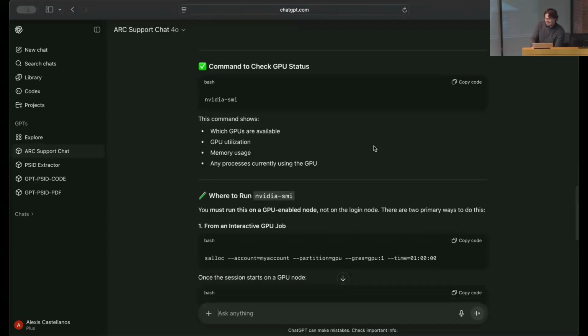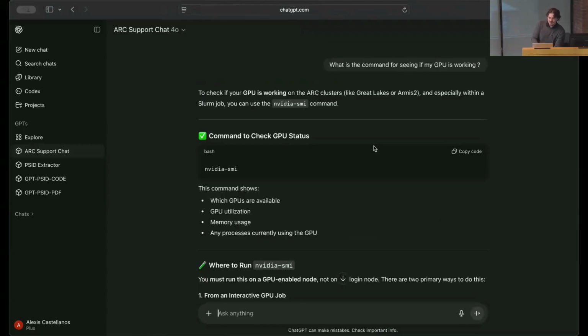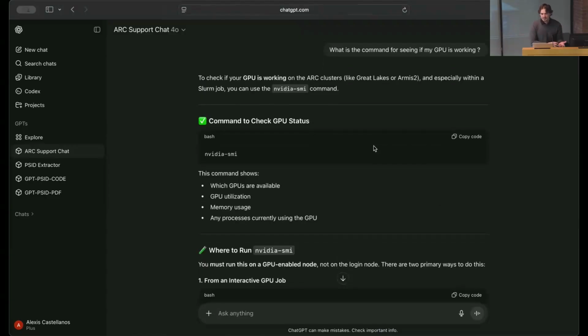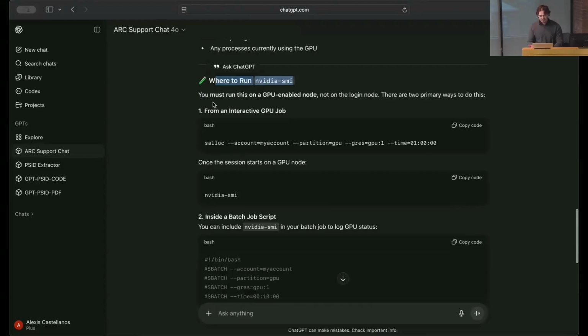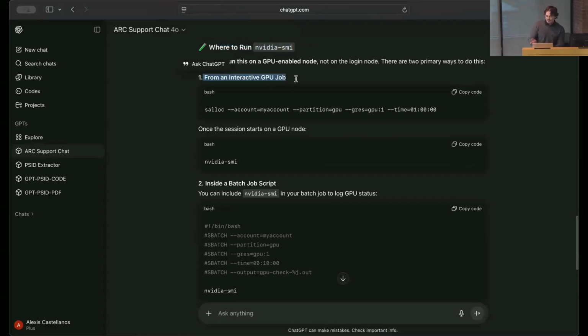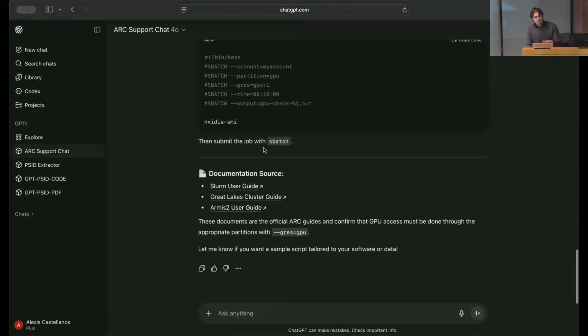And that's where I think agents should go eventually on our cluster to help people out. But at least for the time being, this is not internal knowledge, but it knows enough about our computer architecture and our servers that it knows that we use NVIDIA GPUs at the university, provides me the correct command, and tells me where to run it from, an interactive job, or it might be from a batch job, and so on. So this is super helpful, but again, it's limited